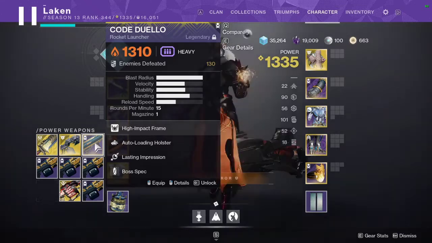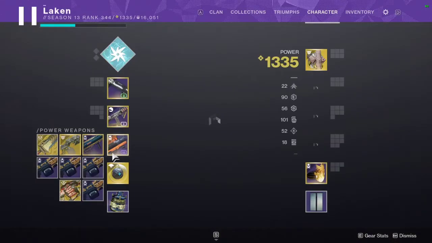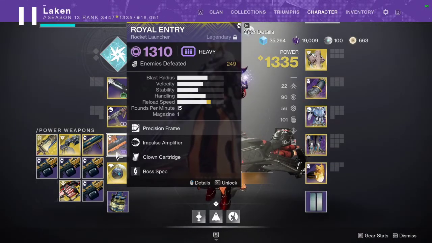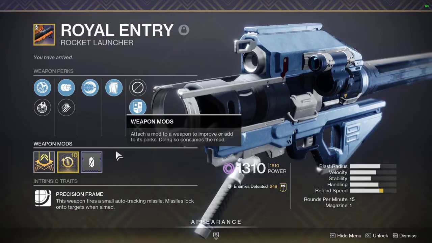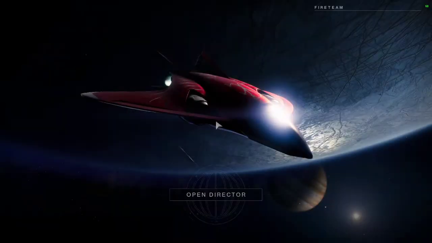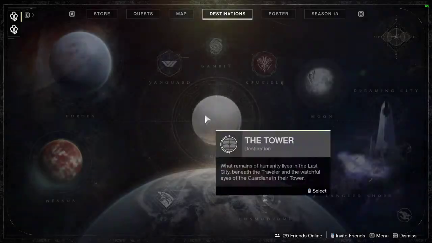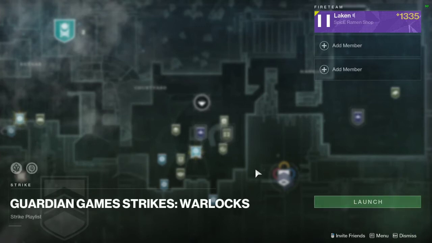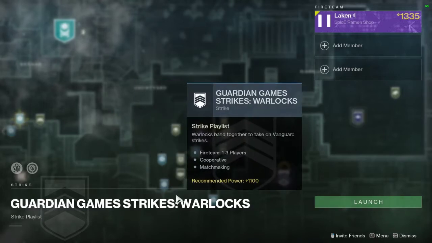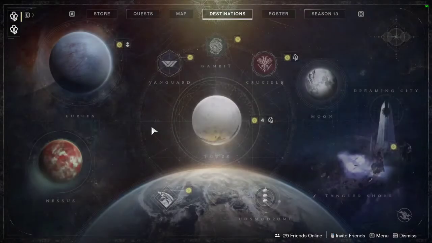The other reason why I always recommend people to also farm for this rocket is it is easier to farm for. I know right now we're currently in the part of the season doing the Guardian Games, and people are currently farming strikes a lot more due to the activity added for us. But even though the chance is there, it's still just a chance. Unlike the Cold Rockets,